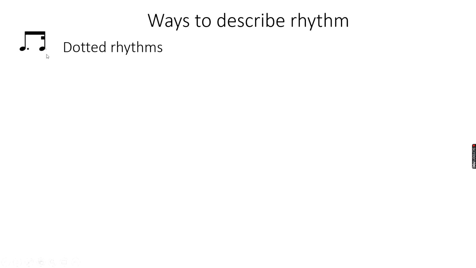However, there are different variations. So here we have a dotted crotchet followed by a quaver. So again, we're using these type of rhythms to describe it. Now dotted rhythm literally means we make the first one a bit longer. So when you put a dot against a note like that, it makes it a bit longer. Quite often dotted rhythms are followed by a shorter rhythm, so shorter sound.